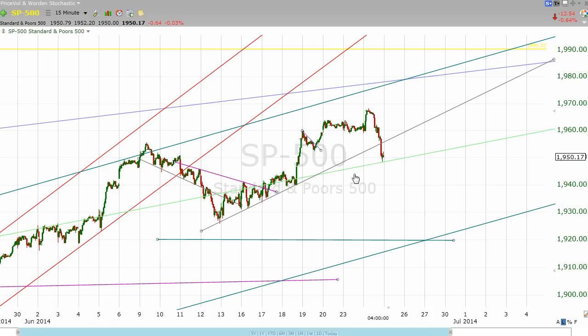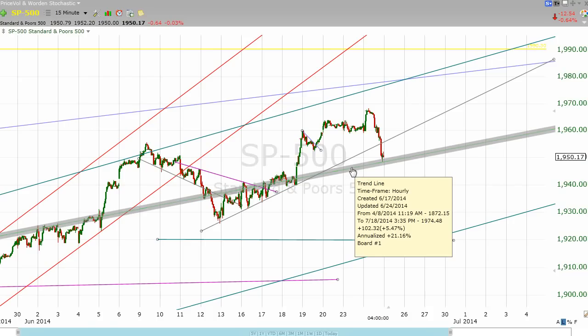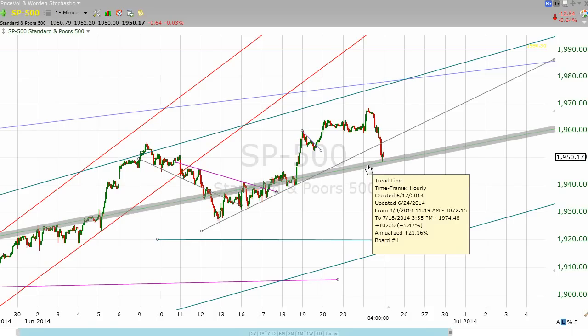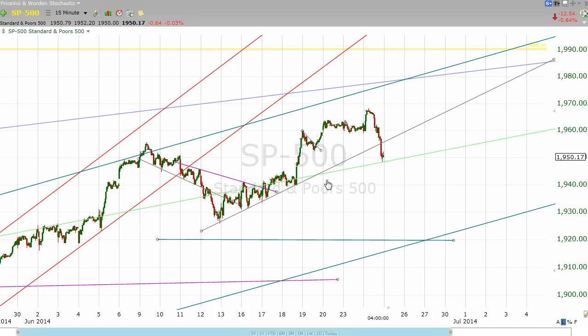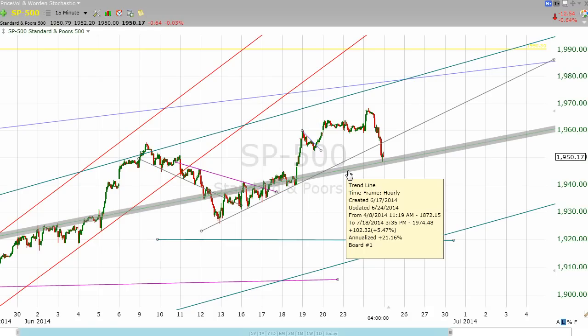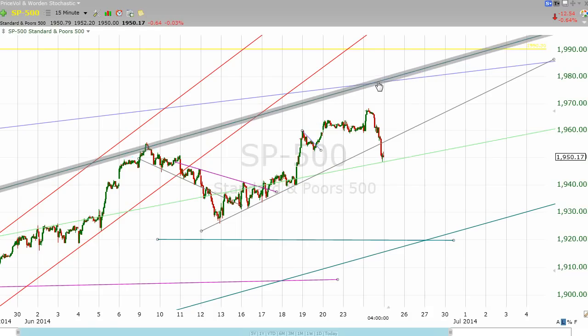One of the reasons I'm not particularly fond of putting a lot of stock in this line here is because for almost a week we traded mostly below it, and then we got back over it again, so that kind of casts a little suspicion on this. Instead, I would be looking for